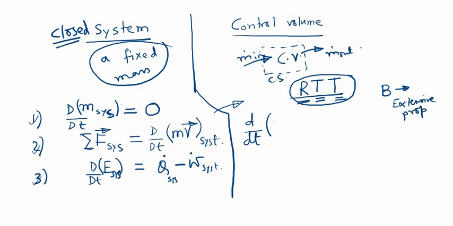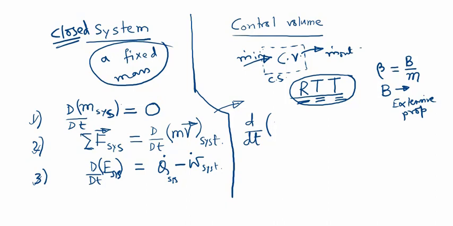P is some extensive property, and let us consider small b, or beta, which indicates the property B per unit mass. Okay, so beta is kind of this property per unit mass. If the mass is m, beta is property per unit mass. So it is kind of a specific property, you can say also. Okay, so d/dt